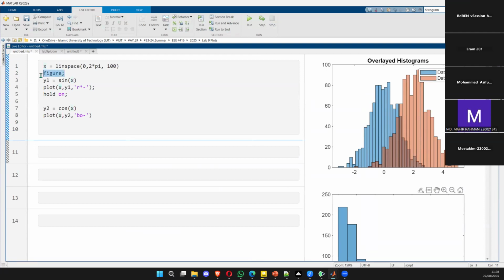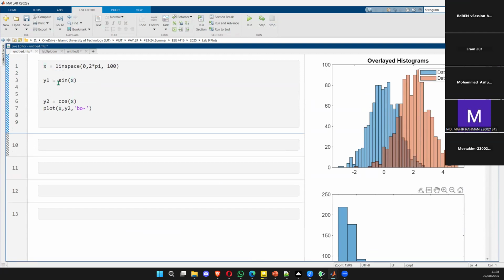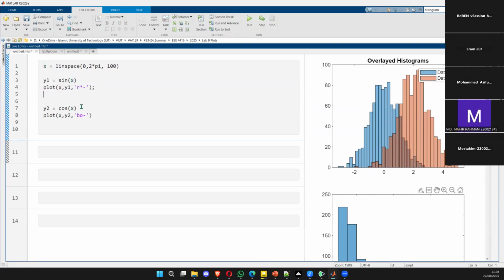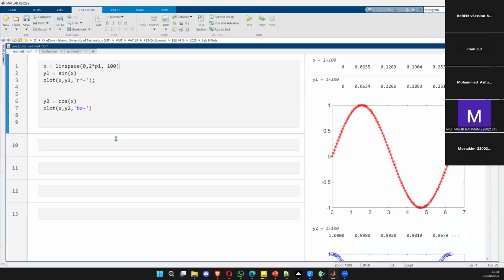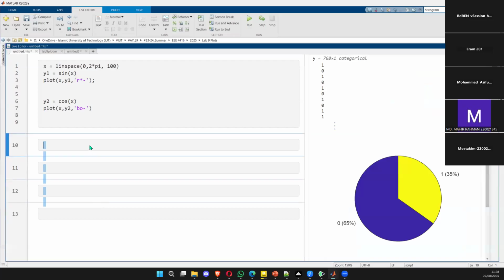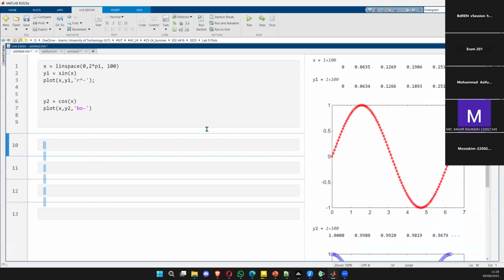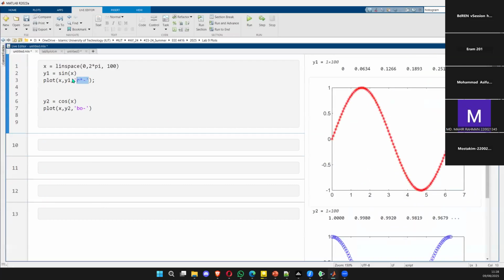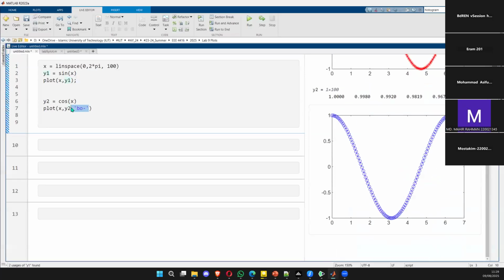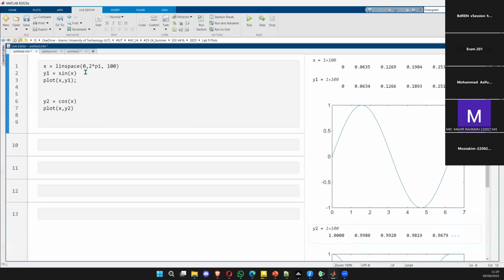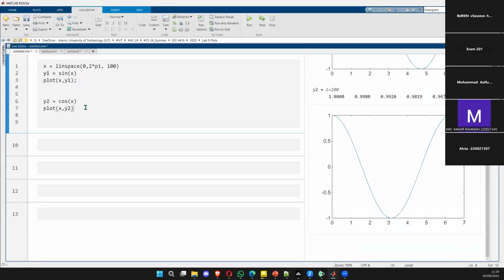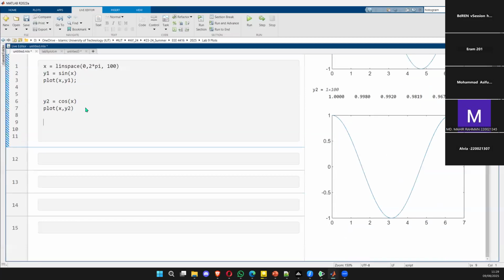You have this sine function here. Let's say I have another plot, say x equals to,